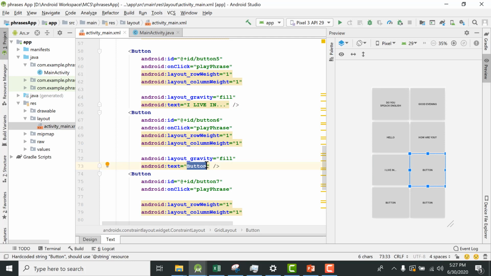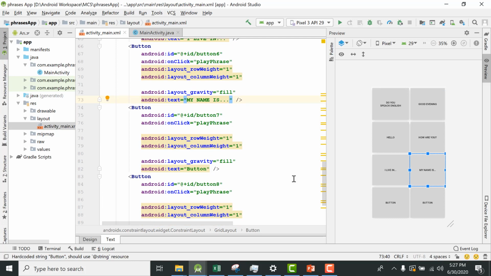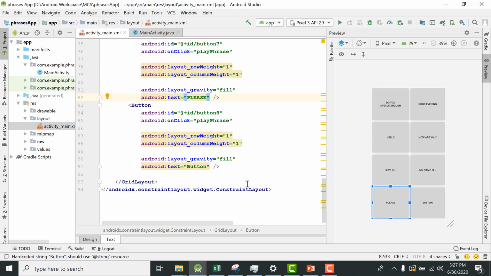So for button number 6, the text will be My name is, and similarly the text for button number 7 will be Please, and for the last button the text is Welcome.